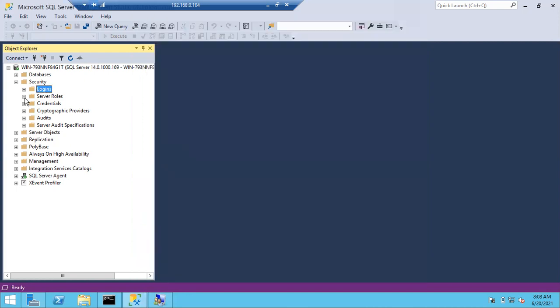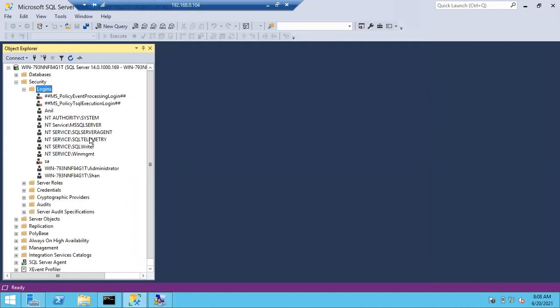Now if you see here, the Sean user is created. Just refresh it. Whatever you do in SQL Server, first refresh it, then only you can see the changes. This is my user account, computer name slash Sean. Now tell me, I didn't give Sean access to connect to any of the databases. I just created a default login with the existing user. Can Sean connect to the SQL server now?